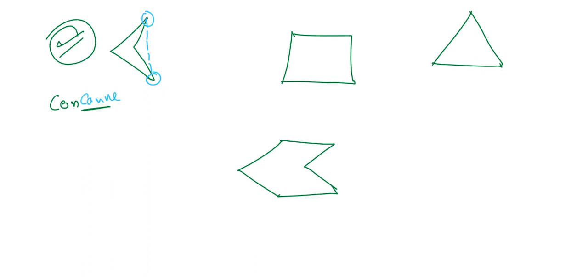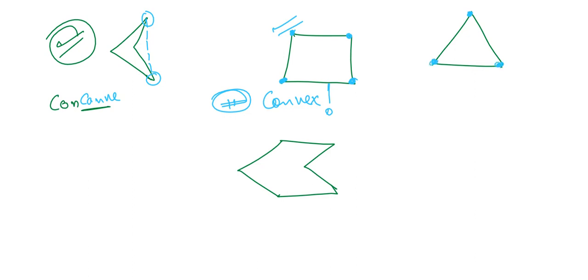Similarly, for this polygon, what is your opinion? Is it convex or concave? Do I have any edges or vertices joining which would yield an edge lying outside of my polygon? Is there such an edge? No, there is no such edge. So it would be what? Convex. Seems clear? Any issues here? Convex or concave? Convex. Okay. What about here? Do I have any edges joining which